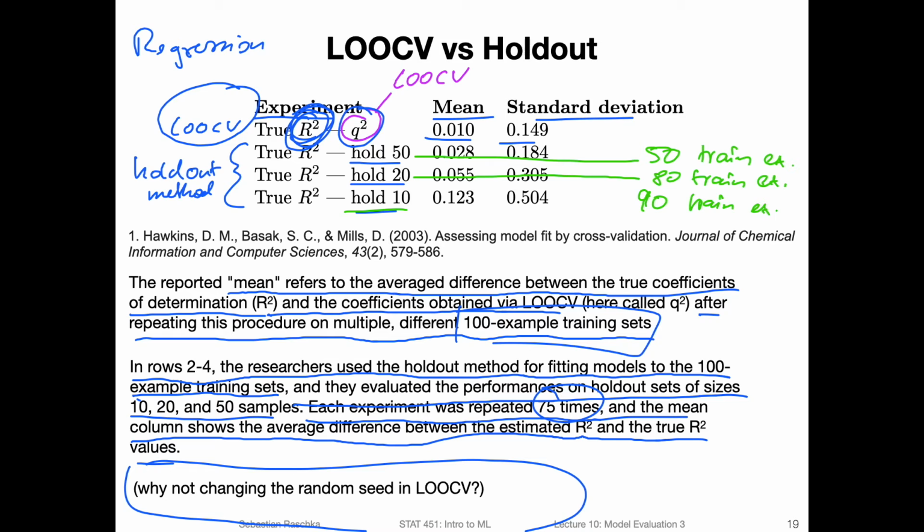I mean, every data point gets evaluated anyway. So what I mean is, if you have a data set with these different iterations, each data point gets evaluated exactly once, whether you change the order or you pick this data point first, then this one, and then this one. Each data point still gets evaluated exactly once. So for the leave one out cross-validation, it doesn't really matter whether you change the random seed and repeat it, you will always get the same results.